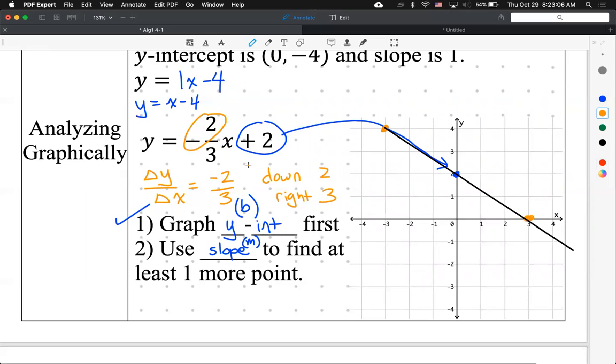Ask me a question. He said he got confused. He said, I think it's 0.5, but he's confused right now. Okay, because